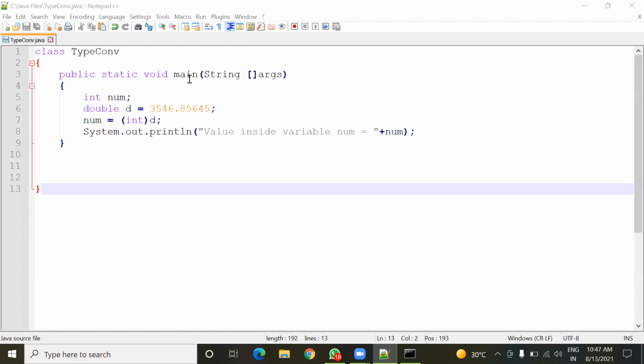You decide what type of typecasting is needed there, whether it is implicit or explicit, and according to that, you will write the program.